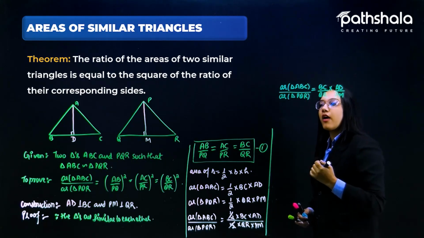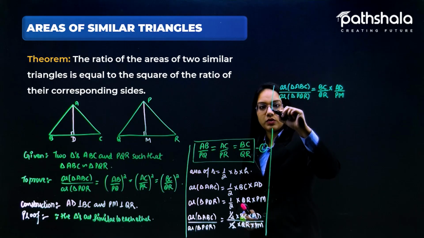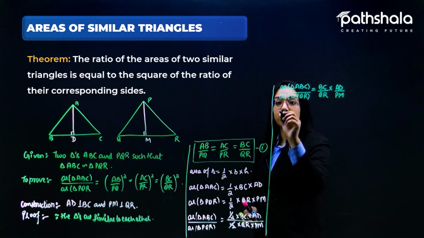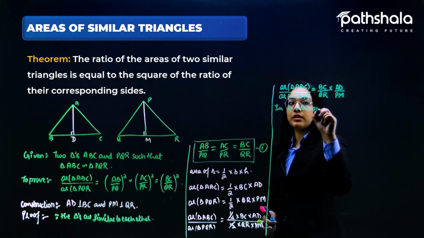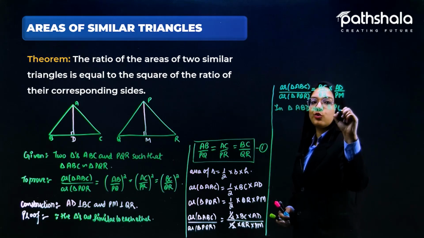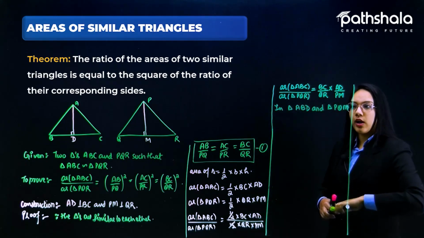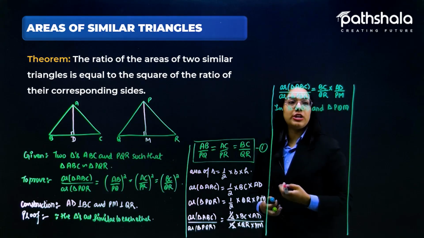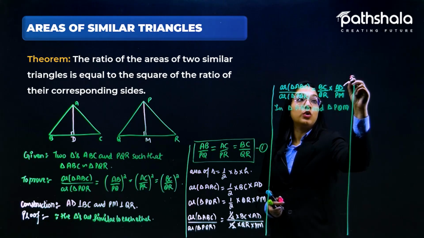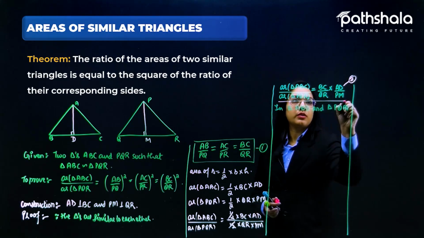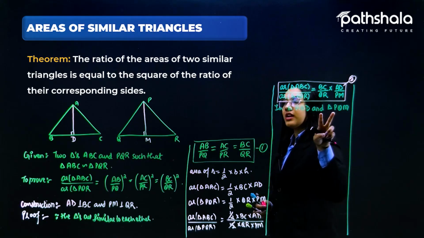Now let us suppose I am talking about the two triangles, triangle ABD and triangle PQM, only these two triangles. Let us take the earlier result as equation number 2. So further we can say that in triangle ABD and triangle